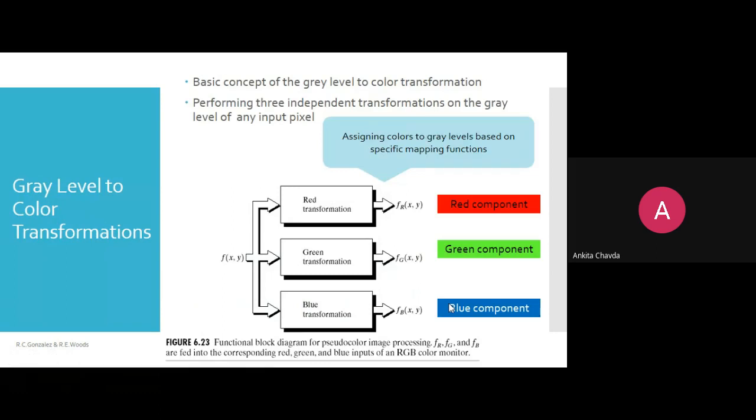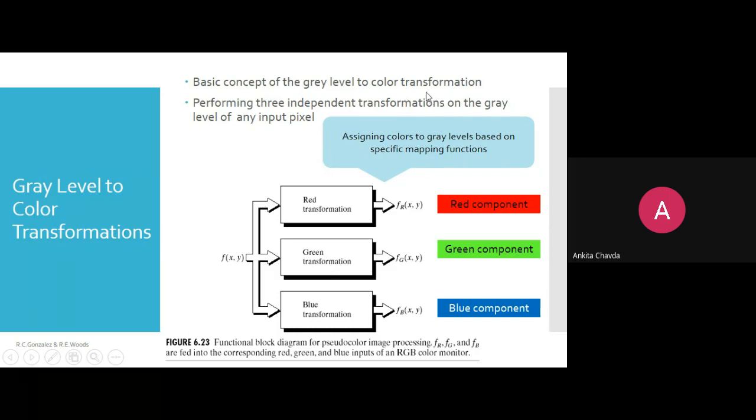Then we have seen gray level to color transformation. In our previous example, we were directly assigning one color, that is C1, C2, C3, and so on, right? But if we think about the hardware, the color should always use the RGB model. So we are giving whatever image we have to the red, green, and blue different planes, and then they will make the color. Okay, so that is gray level to color transformation.